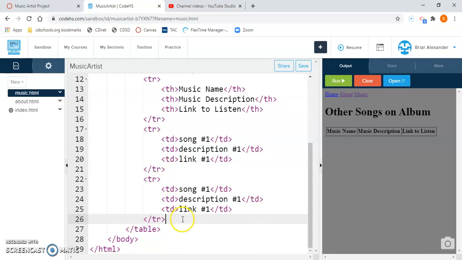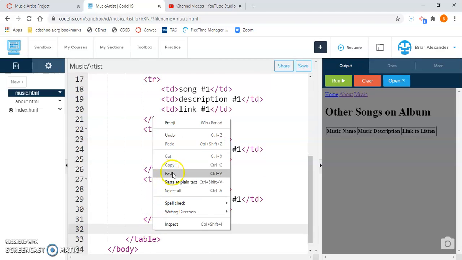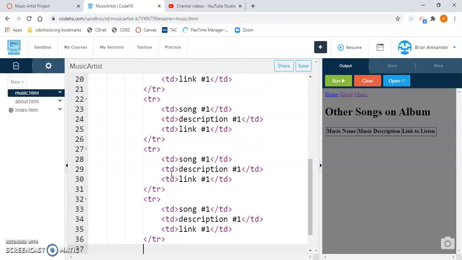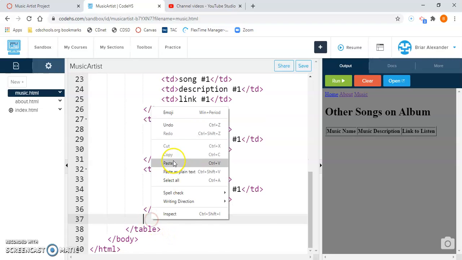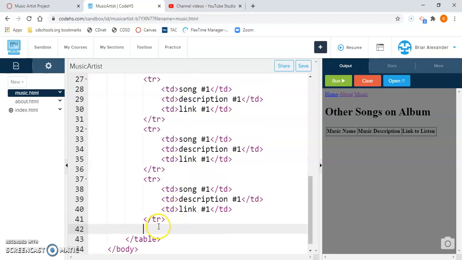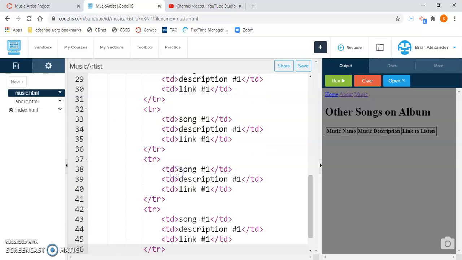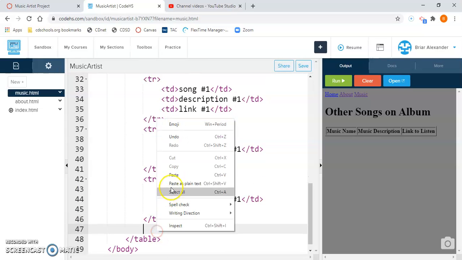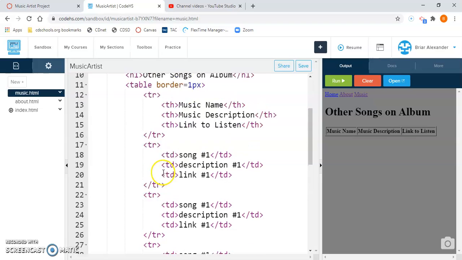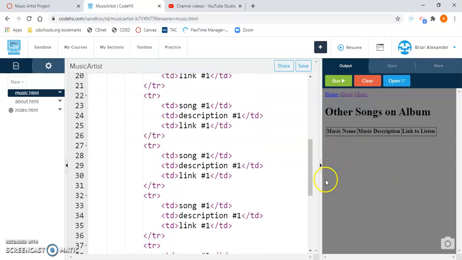So you're going to paste once. You'll hit enter again. You'll paste twice. Enter again. You'll paste a third time. Enter again. We'll paste a fourth time. Enter again. Paste a fifth time. Enter again, and you'll paste a 6th time, and that's going to add six rows to our table